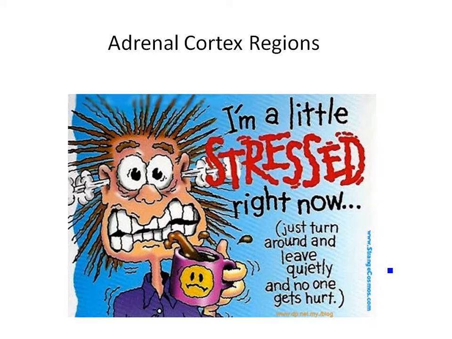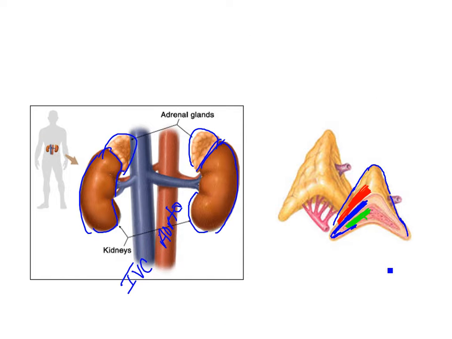Hi, we're going to talk just briefly about the adrenal cortex and the different regions found within. Then we'll talk briefly about some of the major hormones secreted from each of those areas, and just briefly as well about the function of those hormones. You'll get more of this in a later video. This is just an overview for you and a silly little memory hint to help you understand and to remember these. All right, so we want to go ahead and get started now first with just a reminder of